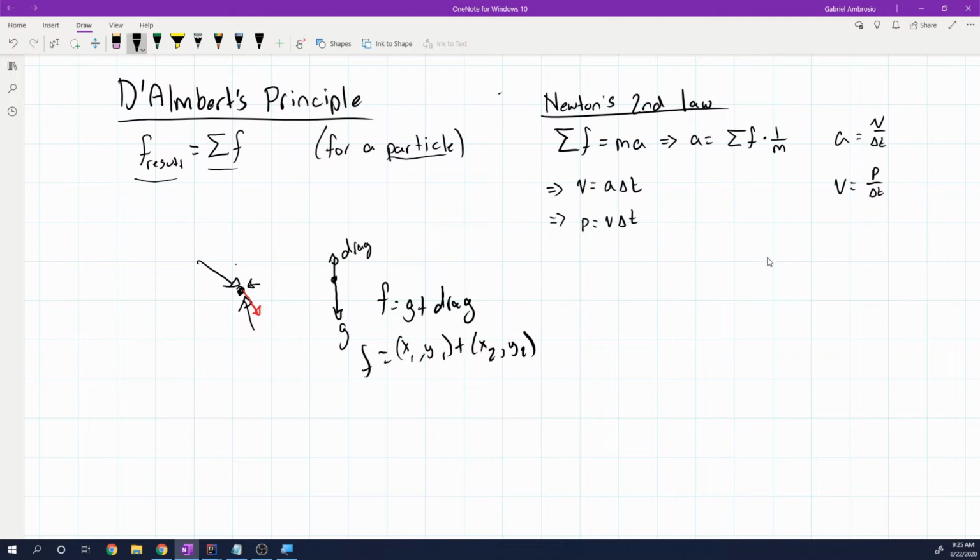Now, the second thing we want to worry about is Newton's second law. Newton's second law states that the sum of the forces acting on an object equals mass times acceleration. What this implies is that acceleration is equal to the sum of the forces acting on an object times the inverse mass. Okay? Let me say that one more time. The acceleration acting on an object is equal to the sum of the forces acting on that object times the inverse mass. So this is actually exactly what we need for our object, because when we are updating our objects,